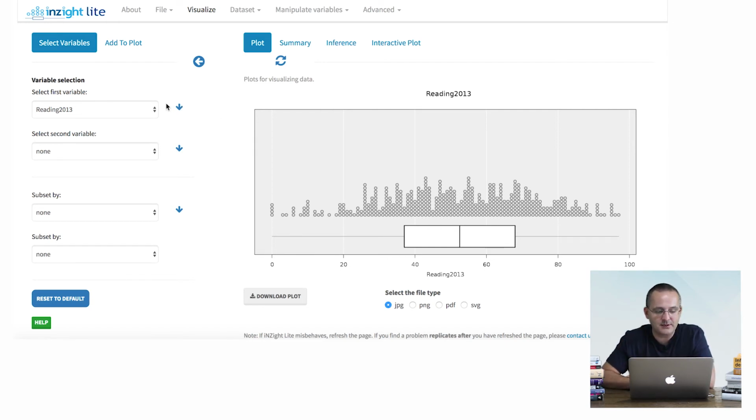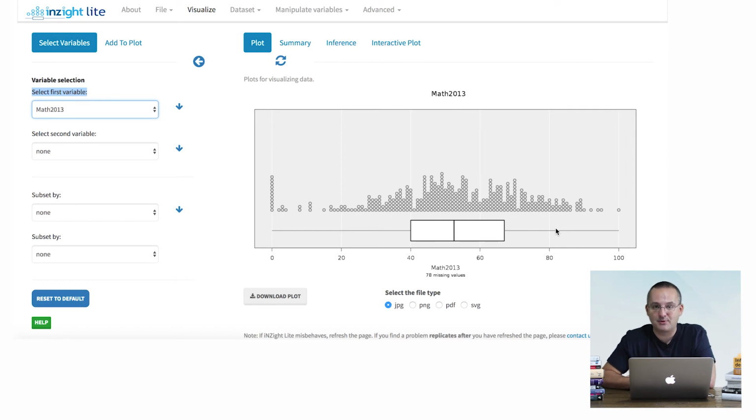So I could go over here, and where it says select first variable, instead of visualizing reading, I can visualize math. And this will show me the distribution of math percents. And this is actually quite more compelling because I can see 2 different facts that look quite promising, first of all, as potential stories to tell from the data. For instance, I want to know what those schools are. So we have 1, 2, 3, 4, 5, I believe 8 schools, something like that, in which no students can do math at grade level.